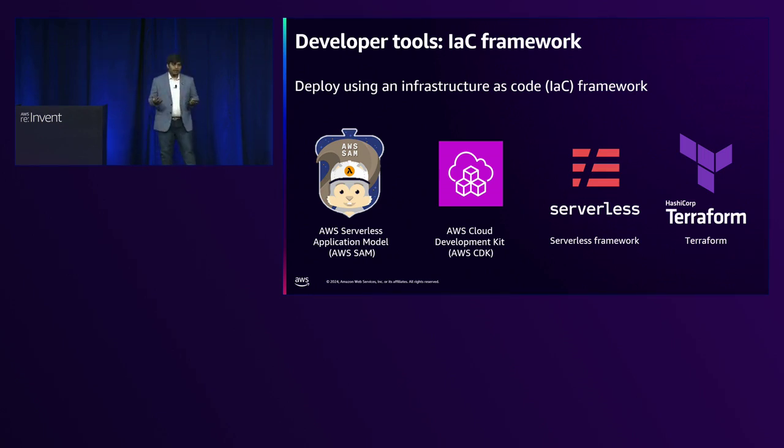So you have a consistent way of reproducing that environment. You can leverage various different services out there. So you have AWS Serverless Application Model, which is AWS SAM, an open source framework with which you can spin up the resources within AWS. You also have AWS CDK, or Cloud Development Kit, which is again an open source framework with which your developers